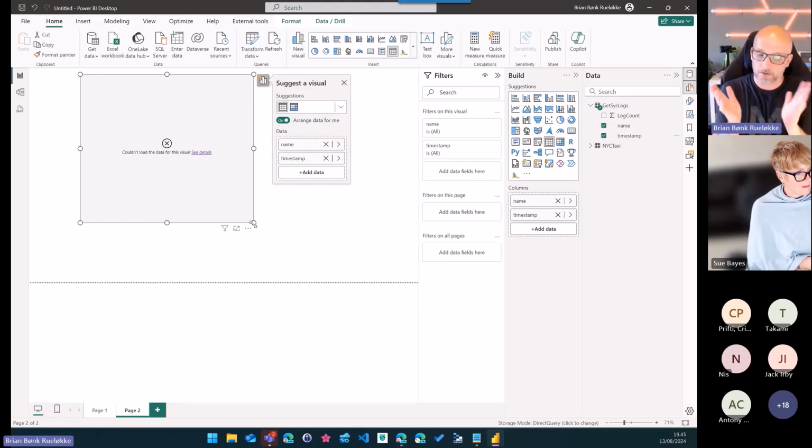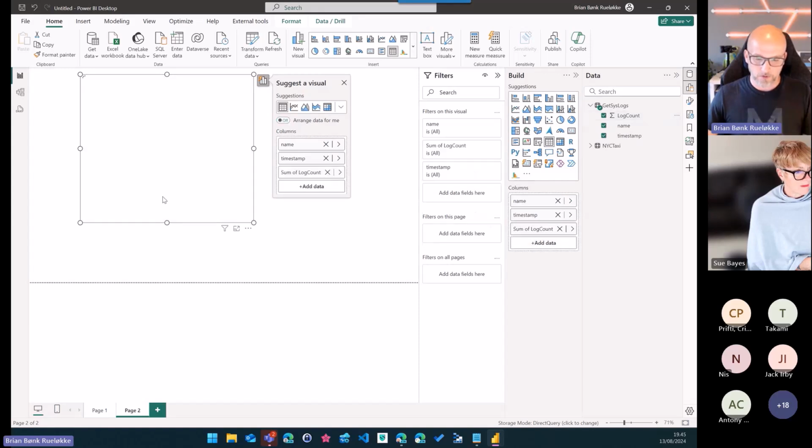Don't be frightened. It is quite fine because there is a limitation in Power BI where each individual visualization can only handle 30,000 rows in one visual. And as I have not added any implicit measure, it just takes the Cartesian product between timestamp and name. So when I add the, there you go, the log count, I get data.